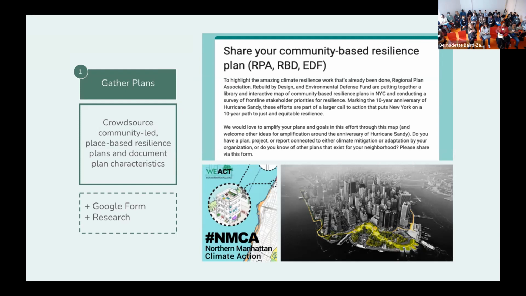So kind of balancing between these two different scales of plans that we got, even from the same Google form, from the same outreach methods, it became a matter of thinking through which plans we really wanted to emphasize in our mapping tool. So while we included government-led plans like the Big U proposal, we also wanted to make sure that the focus really stayed on community level plans, just like the one that WE ACT is doing.